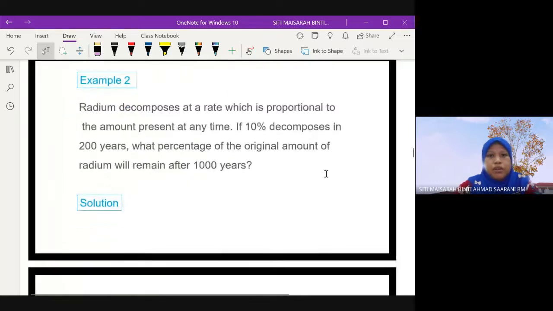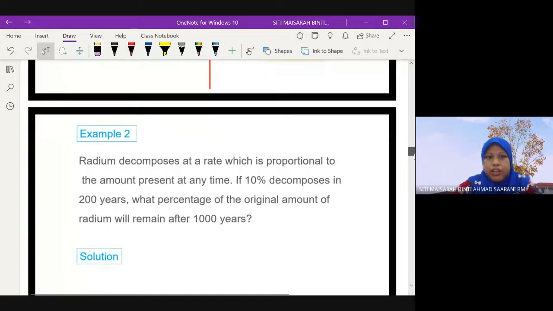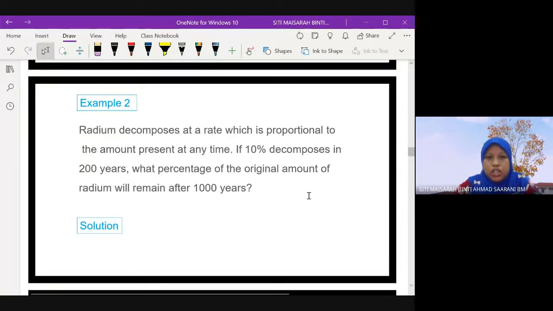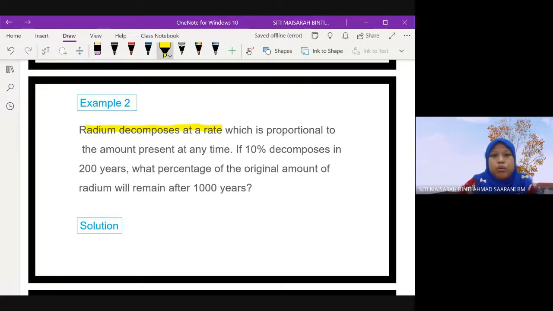Okay, so kita tengok example 2. Radium decomposes at rate which is proportional to the amount present at time t. So dia sebut dekat sini, dia proportional rate of radium tu proportional to the amount of present at any time. So jadi kita letkan dia. First kita let awak nak apa? Nak variable apa? Contoh kita guna R, sebab ni radium. Kita pilih. So jadi let R